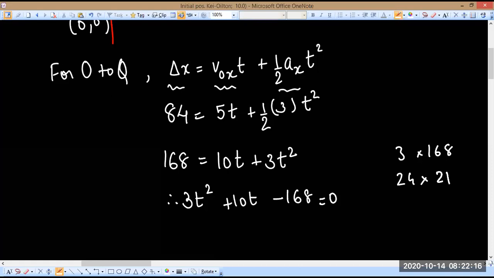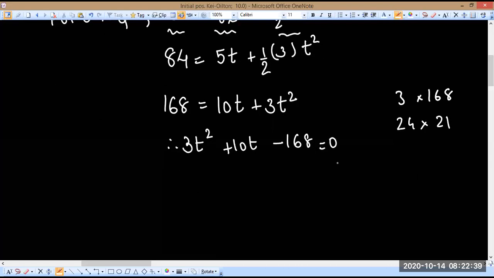So instead of that you take a 7 out here, so okay, that also won't work. 24 into 21. Okay, we want a difference of 10. These have great factors. So